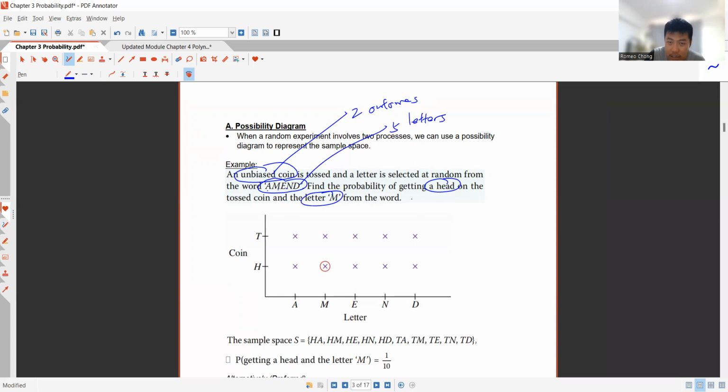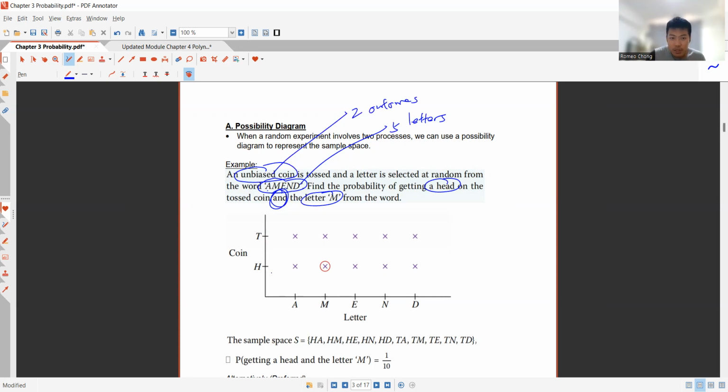As you can see, this probability is not just mentioned about one particular outcome, like you want to get a head. Of course, if you want to get a head, the probability will be 1/2, right? But now, you want to get a head on the coin, and you have the word "and", meaning that these two outcomes, you want them to happen at the same time. So in that case, if you are not very familiar, of course, you need to use a possibility diagram